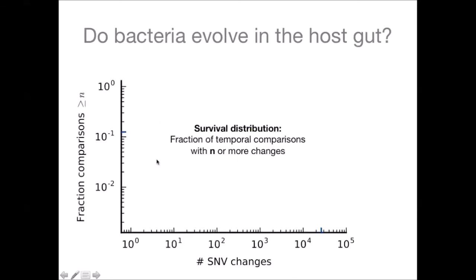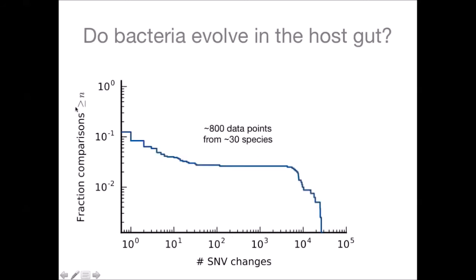And what we're going to plot now are the results of those computations, where on the x-axis I have the number of SNP changes, and on the y-axis I have the fraction of comparisons with n or more SNP changes. And here's what the data looks like. So first, because it's plotted on a log scale, 0 changes is acting in 88% of